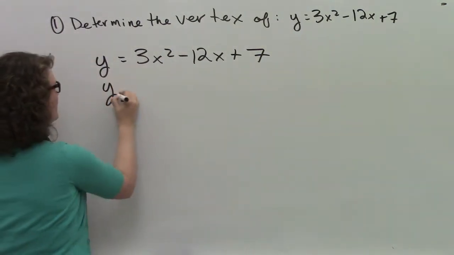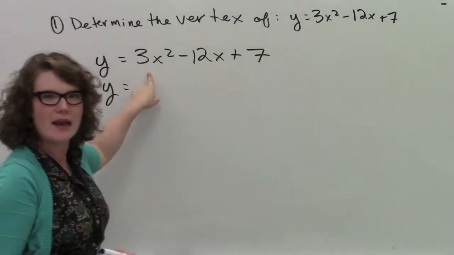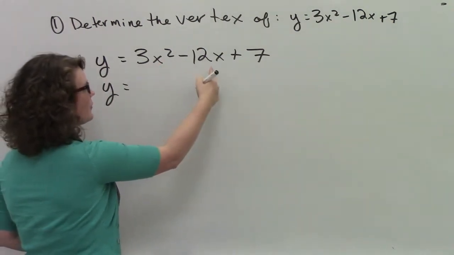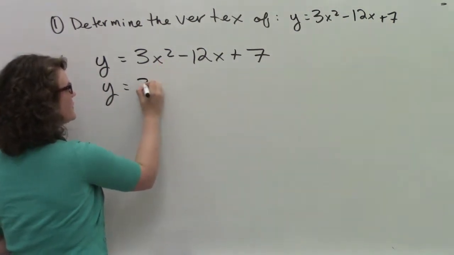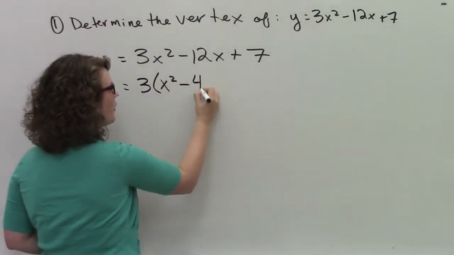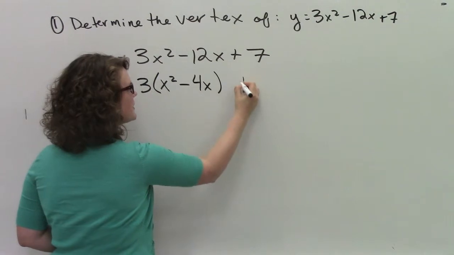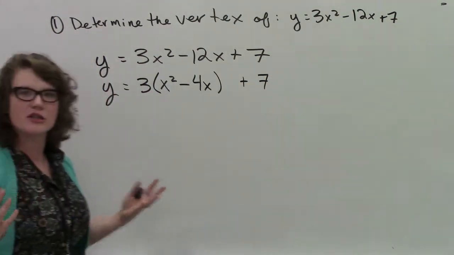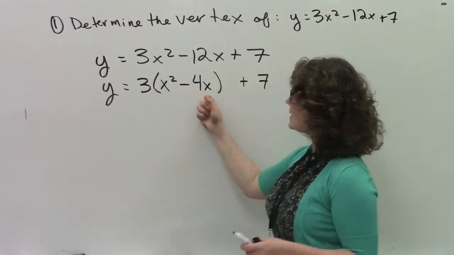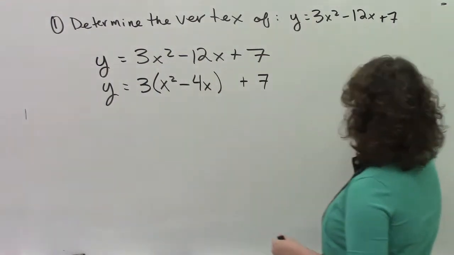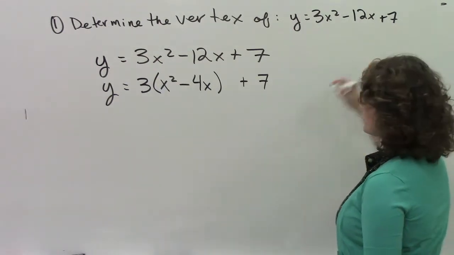Now remember, when we're completing the square, we always want to have that a equaling 1. So what I'm going to do is factor out a 3 from the first two terms: 3 times x squared minus 4x. And then I can just leave this plus 7 all on its lonesome. So the question here is, what do I need to add to this to make it a perfect square trinomial? So we can do a little bit of